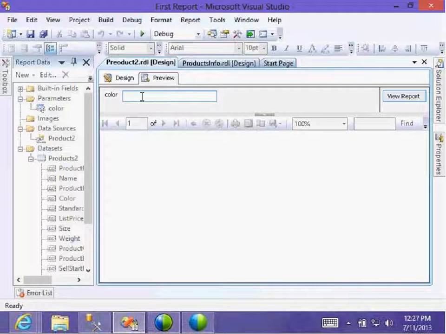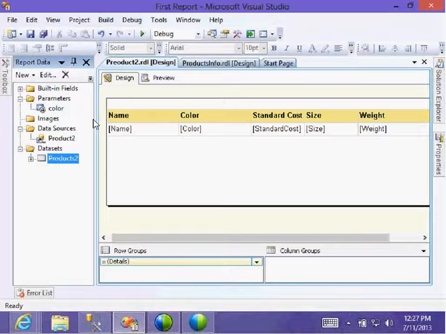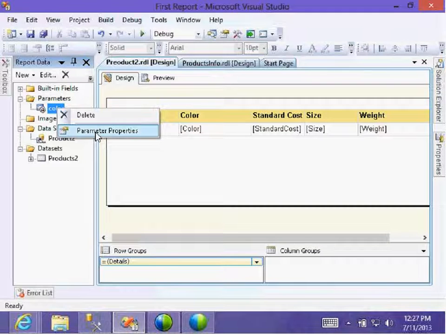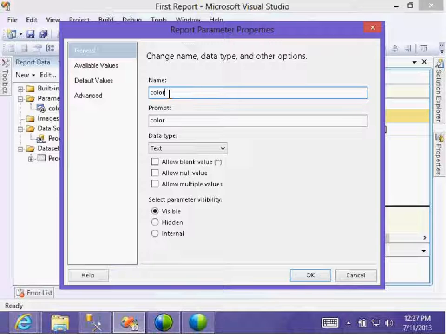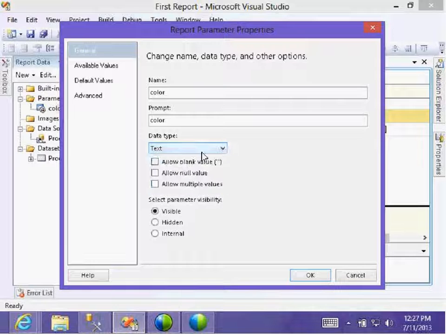Okay. Now, display the colors available. Then I'll select it. I don't want to enter. Man, I'm lazy. Okay. You need to be very patient. Okay, it will come. Whatever the way they want, you need to define. Now, parameter properties. Go to the parameter properties. You can change the display whatever the way you want. Okay. Data type is text. Okay. Then text will match with varchar. If it's different, you can change to integer or anything.